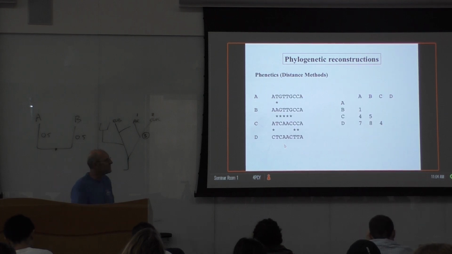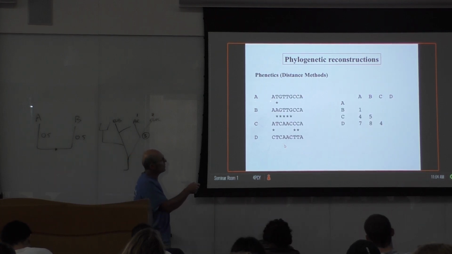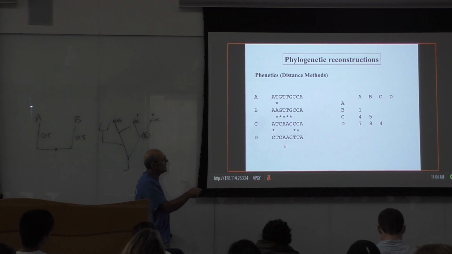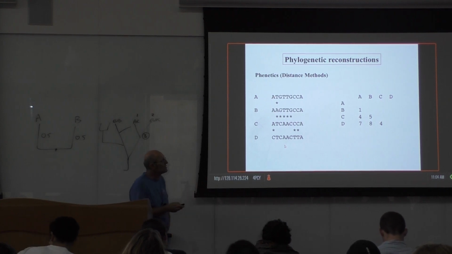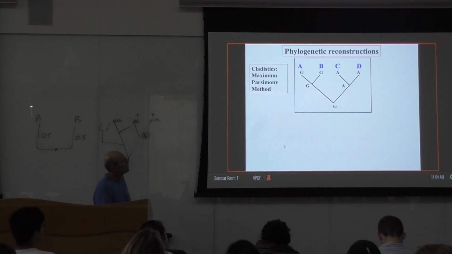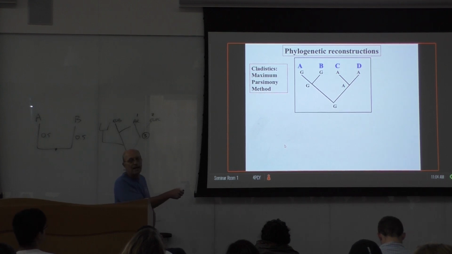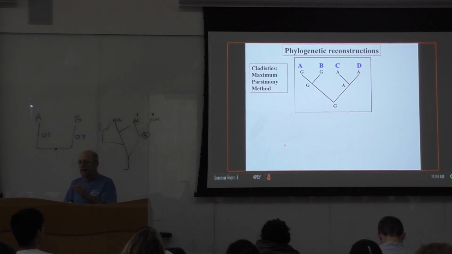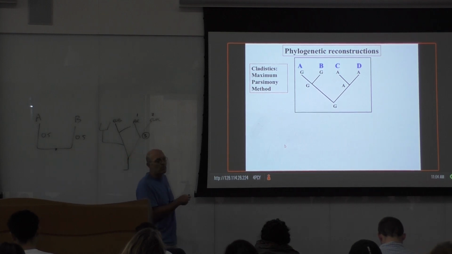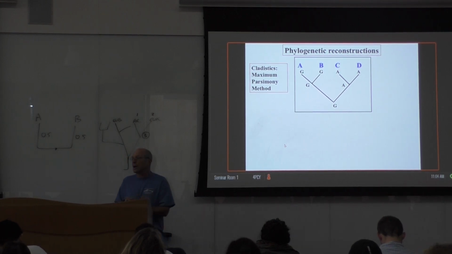I don't know if it works, but that would be a column here. So this would be AAAC, for example. In this case, I drew GGAA. That would be the first column. And so the idea, when you look at this, is that you say, well, the most